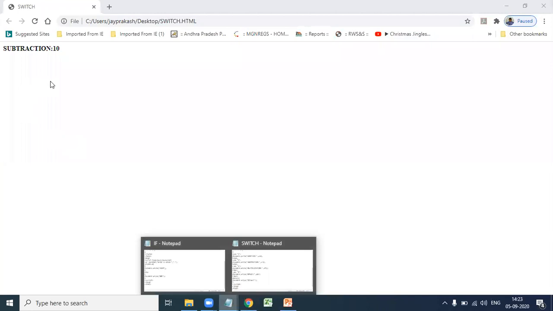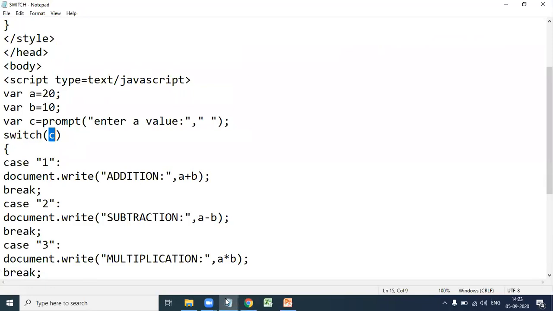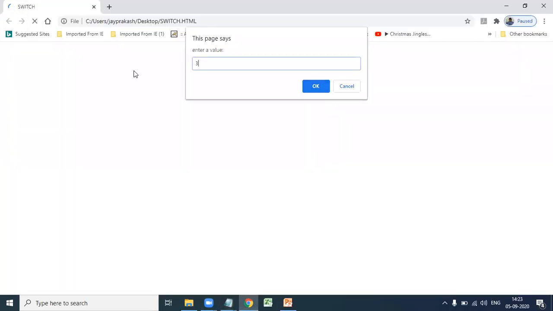So a value 20, b value 10, that is subtraction 10. Similarly for the remaining, multiplication and modulo. Multiplication 3, that is 20 into 10, 100. Next 4, that is the modulo operation, 20 by 10, that is modulo 0.